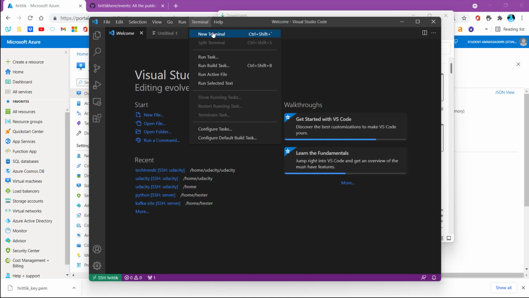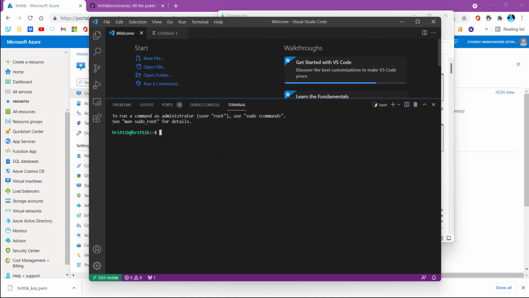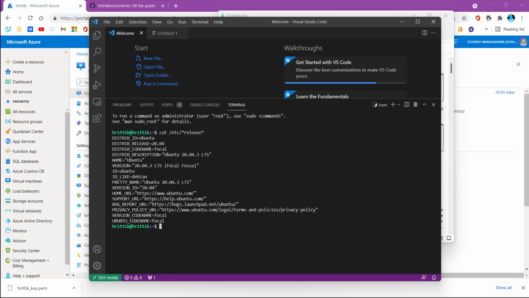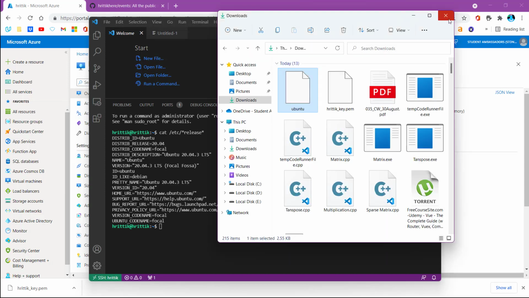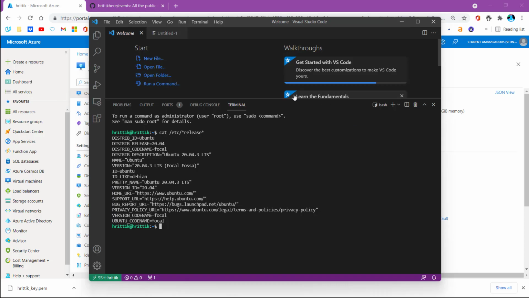We can check what it is running by clicking here. It is running our Ubuntu software. So we have successfully connected our virtual machine to VS Code. Now you can do anything over here.